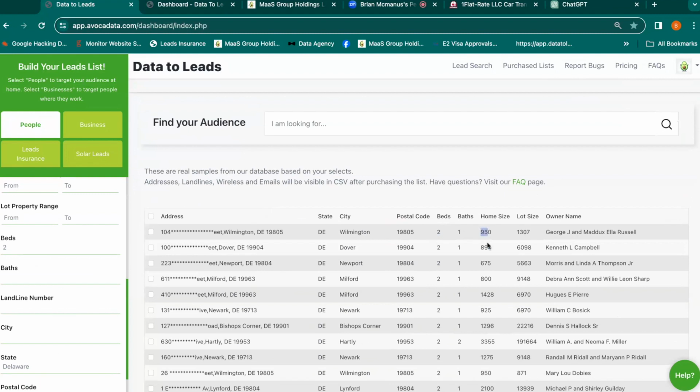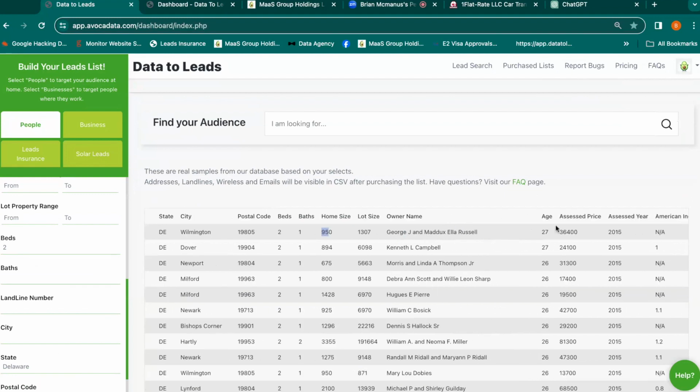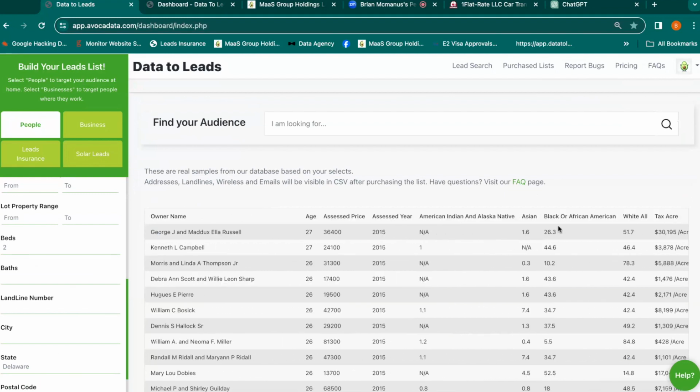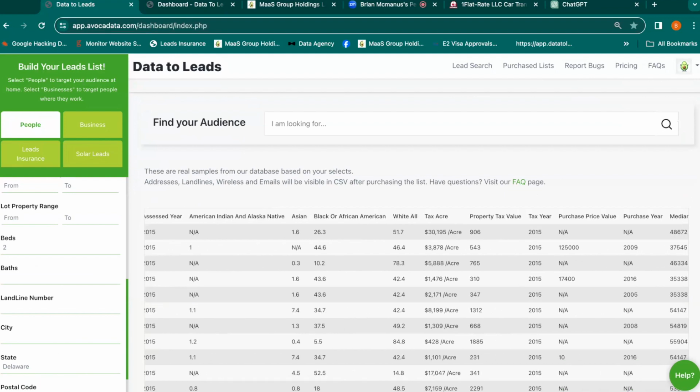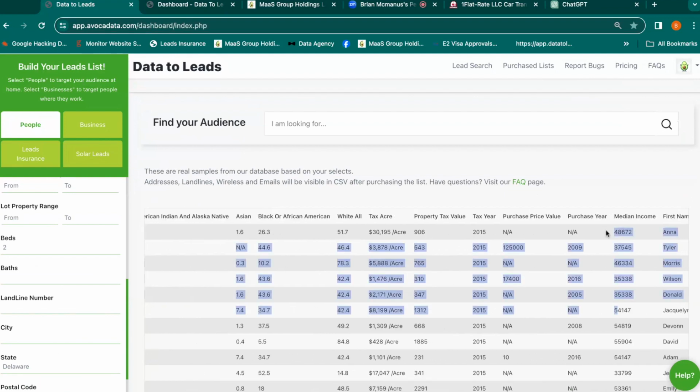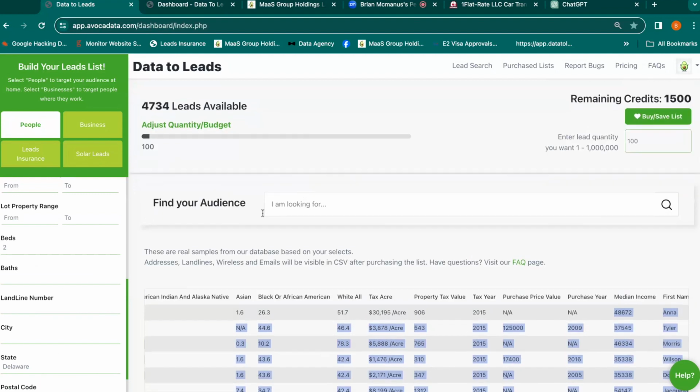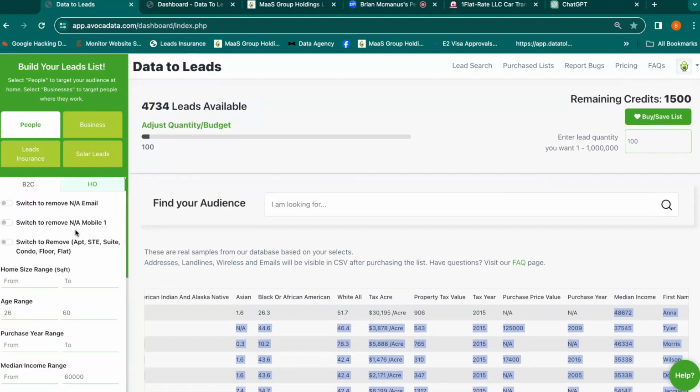that fit that criteria of a smaller property. You see, these are probably apartments, less than 1,000 square feet. And then we have the income range that's under the criteria we wanted, 60,000 or under. So if this is the list you wanted, you'll just want to double check, make sure you have these flipped if that's what you want.